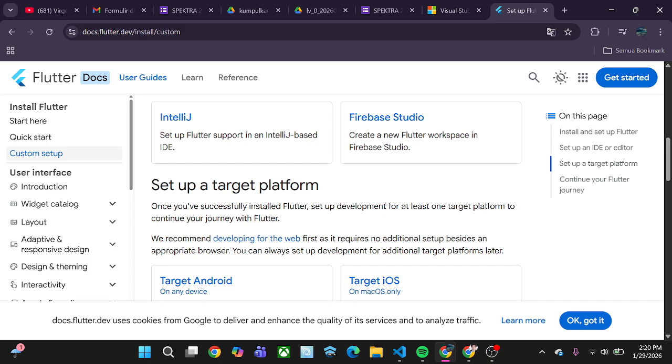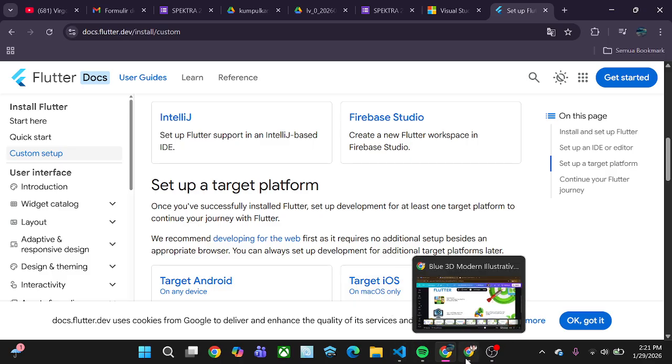After you click, it will download automatically. This is the information for the download.